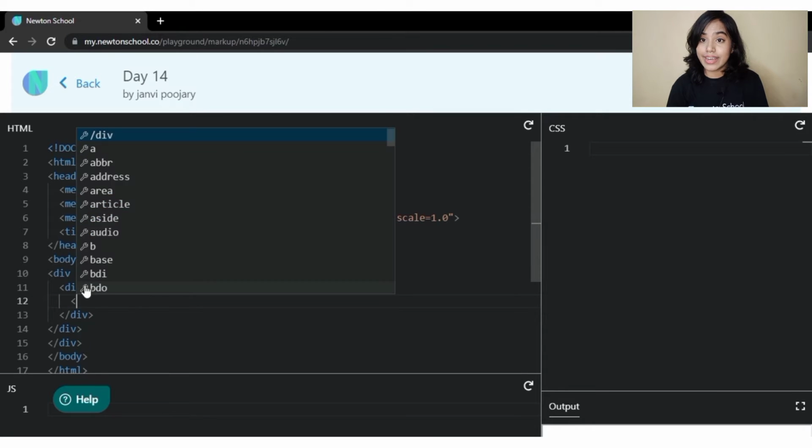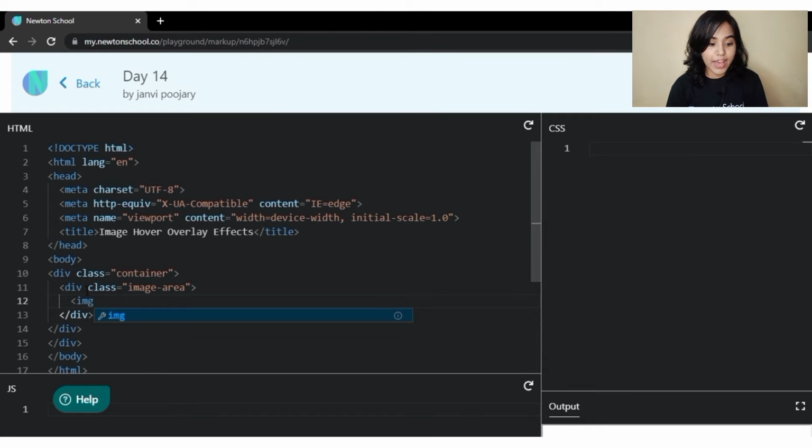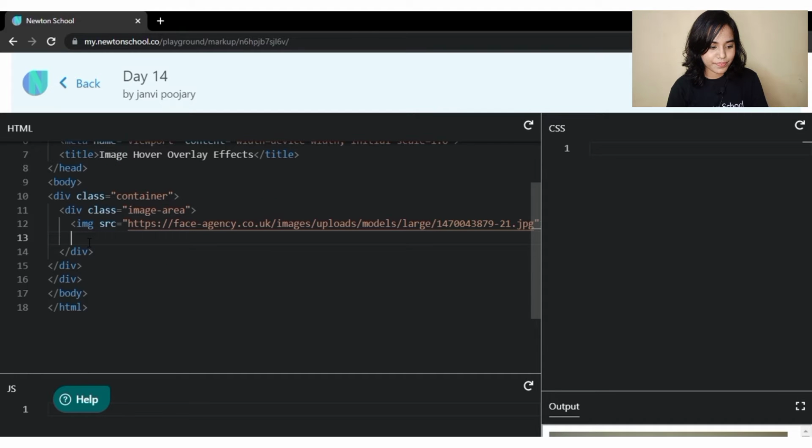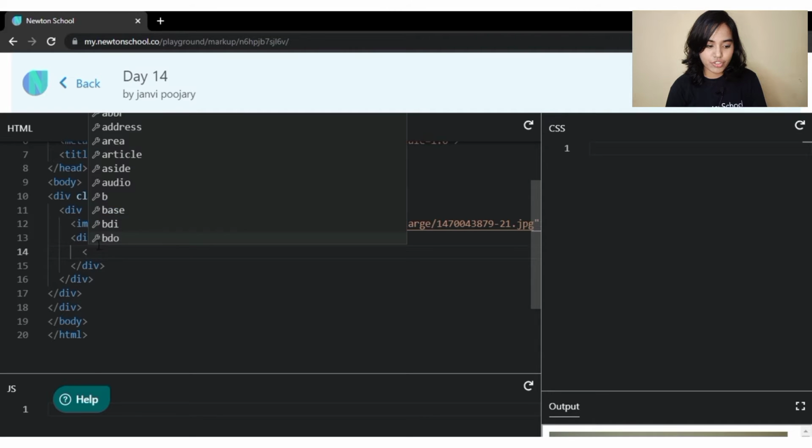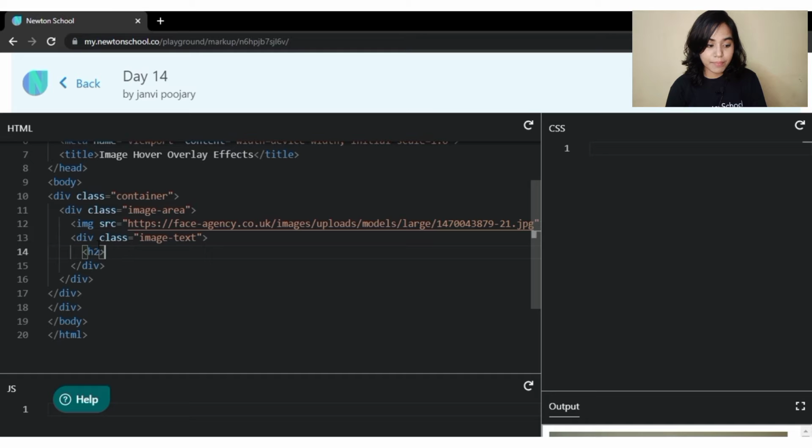And inside that we will have our image. After inserting that image, we will write one more class whose name will be image text, and inside that we will write all the information about our user. And here we will write h2 with his name, and then a p tag where we will write his designation.